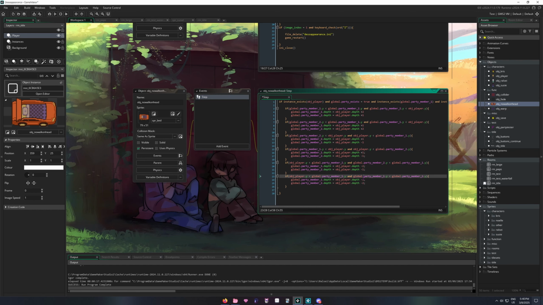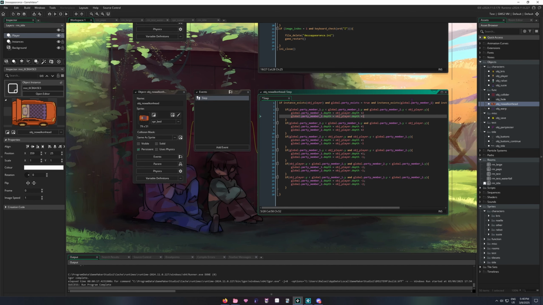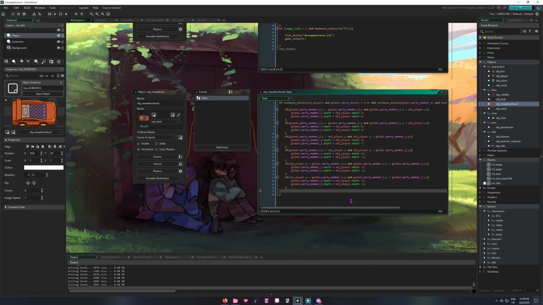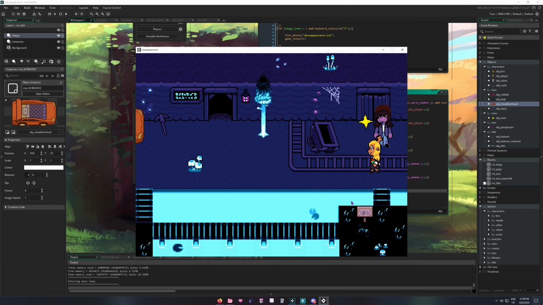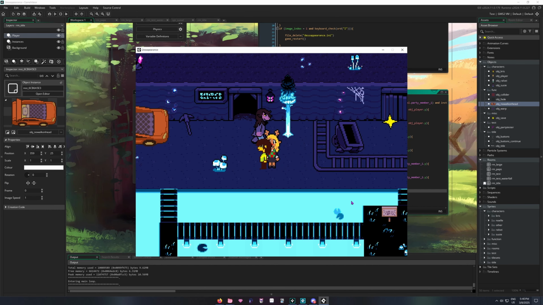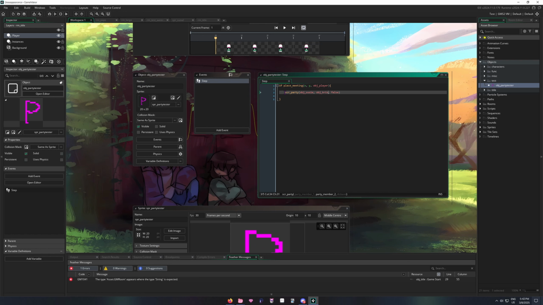Okay. So basically all this is going to do is just arrange them so they're at their proper depths that they should be. So if we run the game and we continue, right? And then I try to do that, it works as it should. So the party script requires that we have objects here. So in order to have just one party member, what we can do is, under our function thing